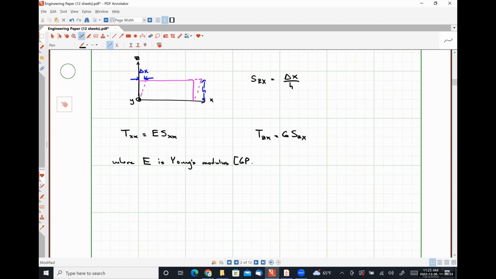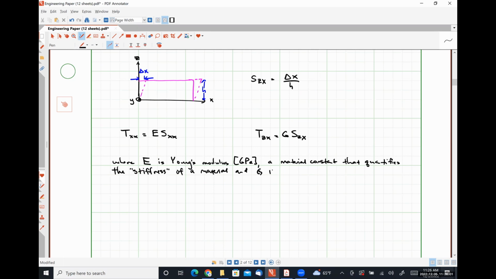Measured in gigapascals, which is a material constant that quantifies the stiffness of a material,